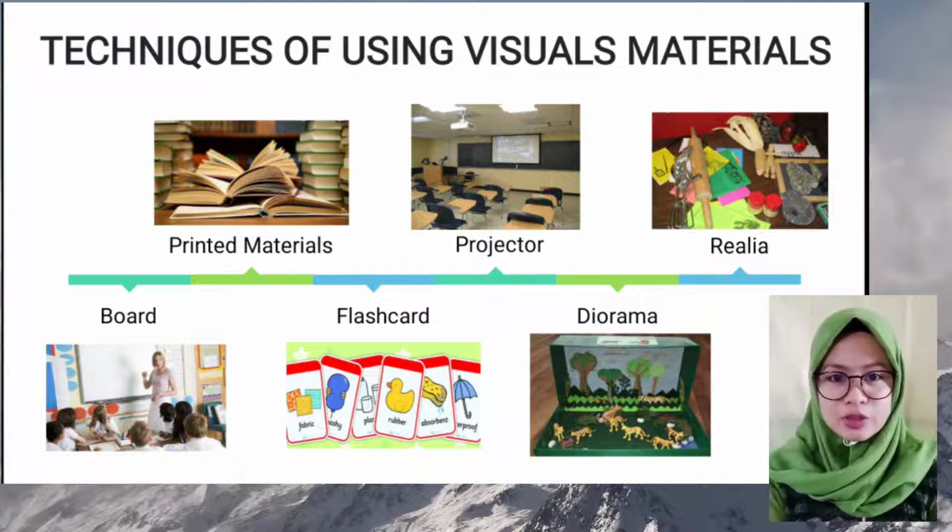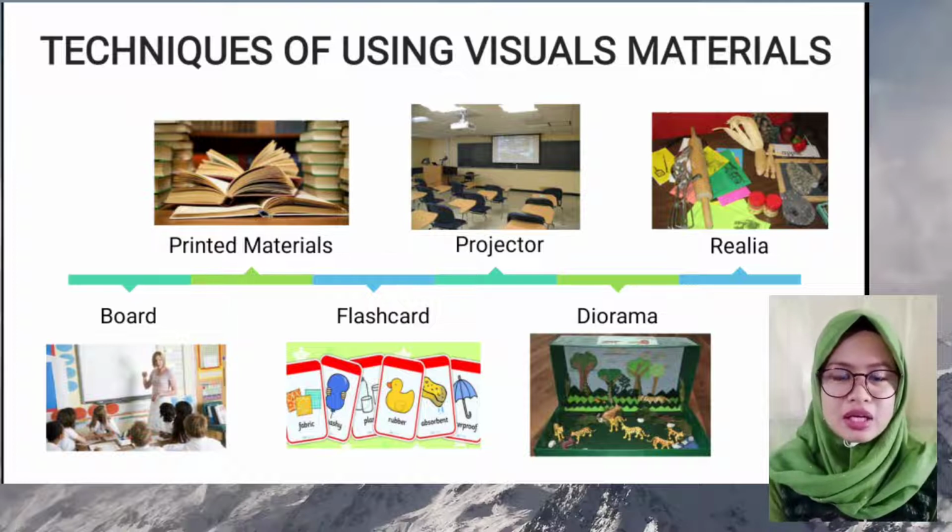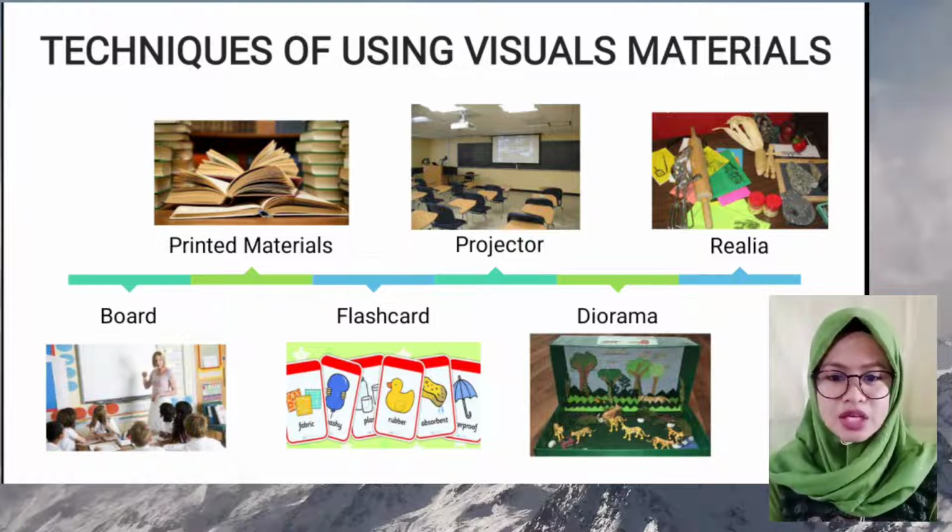The first one is board. There are many kinds of boards that can be used in an aesthetic and interactive way at the same time, such as blackboard, whiteboard, flannel board, and flip chart. And various forms of text, table, and image can help students use them cooperatively with their partners or their other students, and then